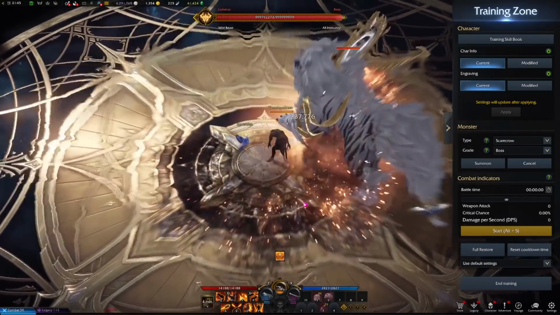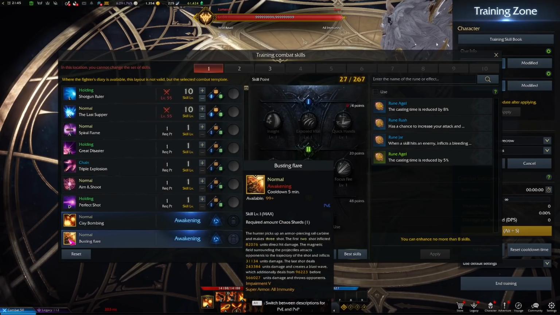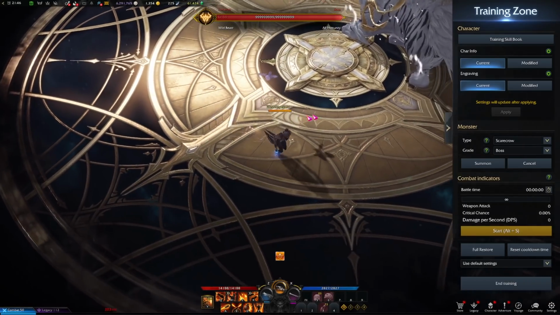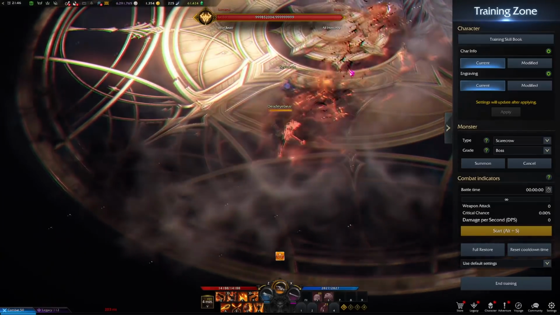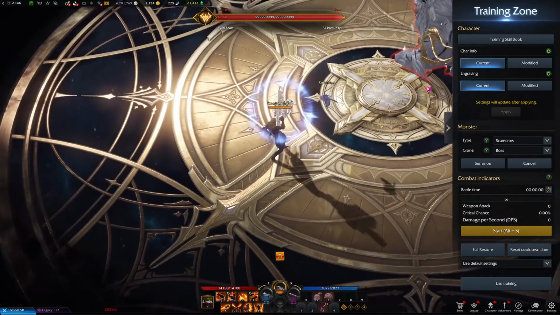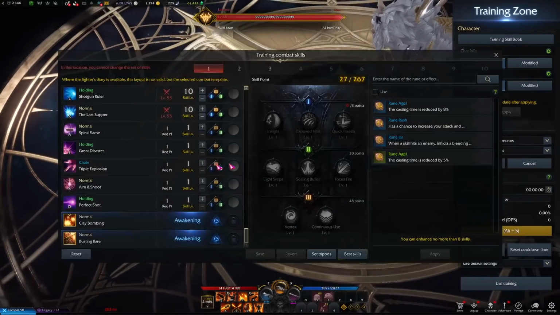I think there's probably a good split between which one you use depending on the content you're in, just because they're both relatively useful. Bursting Flare has a lot longer windup. You activate it, you pull out a big gun, and you shoot 3 shots with a big, wide, rectangular spread. So it's really good at keeping distance. I imagine that it is probably more reflexive for people to use this one, but the Clay Bombing can be